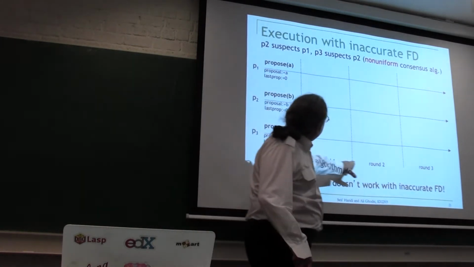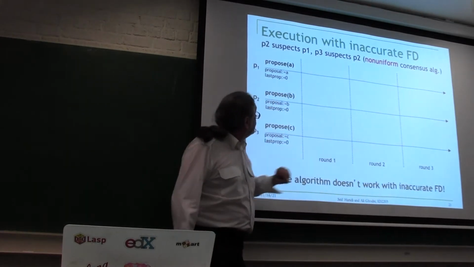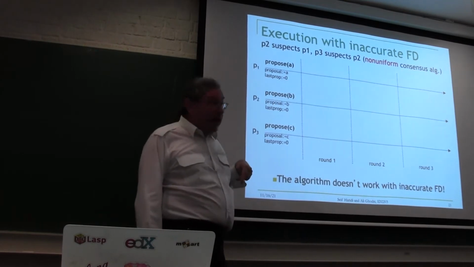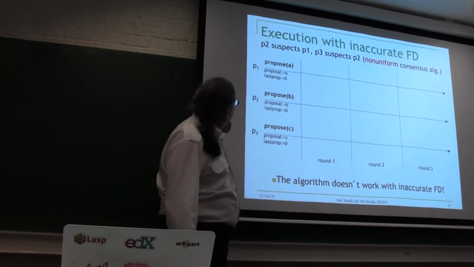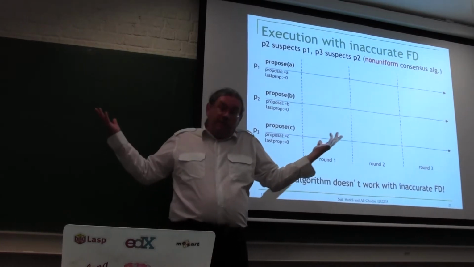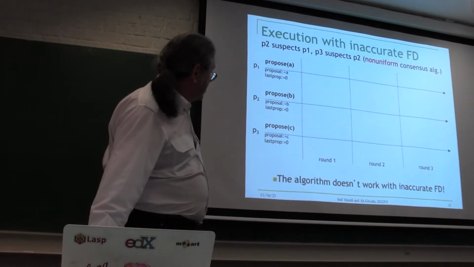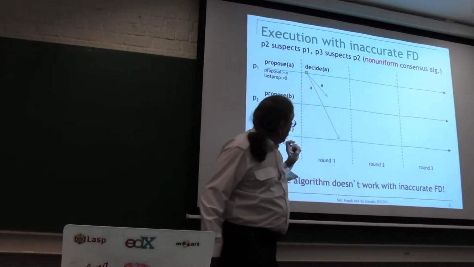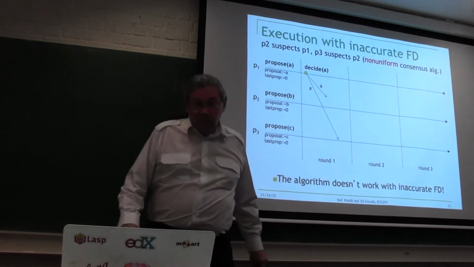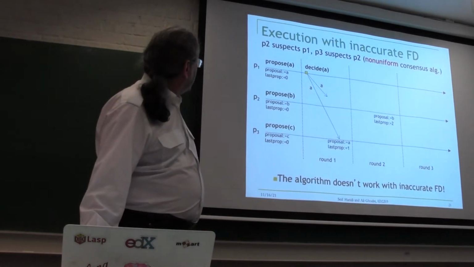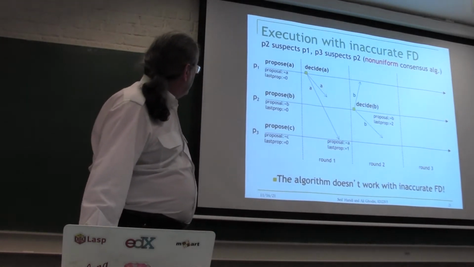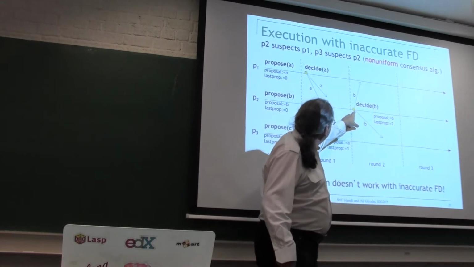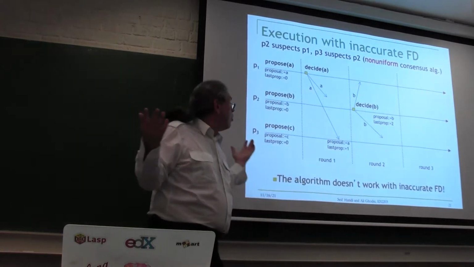Here is the same algorithm we saw before, the non-uniform version, going through 3 rounds, and you have these false suspicions. All of these nodes are correct, but P2 suspects P1 and P3 suspects P2. It's allowed. It's not perfect. P2 thinks that P1 has crashed, but P3 will take the A. So P1 decides A. P2 thinks that P1 has crashed, so it goes to round 2, and it decides B. So we're already wrong here.